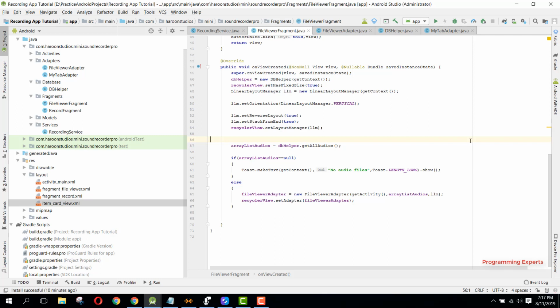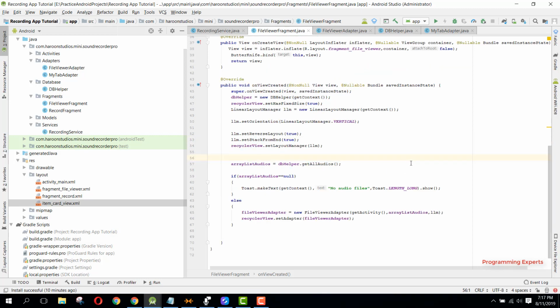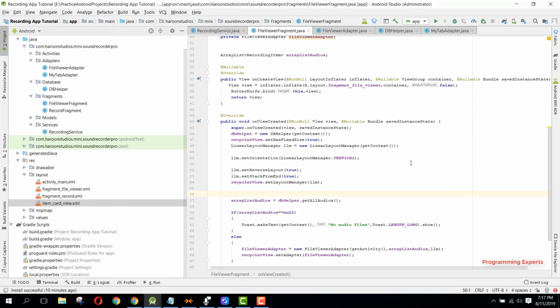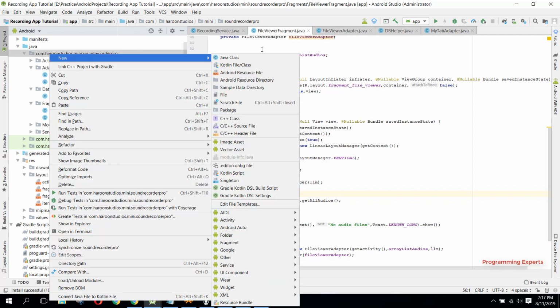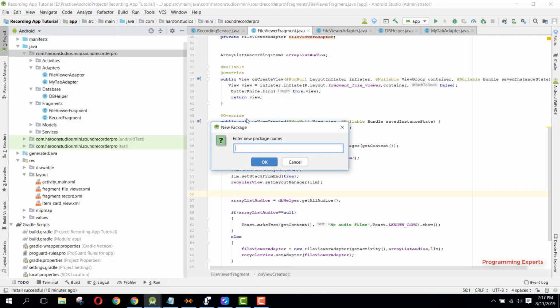And so guys, this will be part 12 of my video series on the Sound Recorder Pro app using Android Studio. Alright guys, so in this video I will only be doing the code for a listener to the database, so that if there is any change in the database, we can easily update our RecyclerView. So let's get started. So first of all, here we will create a new package, and let's name the package